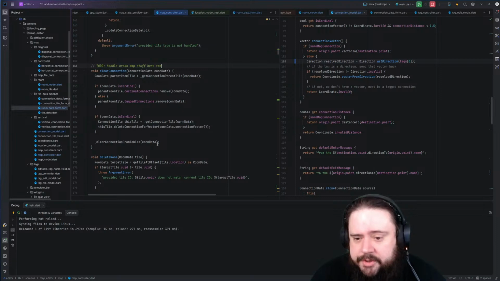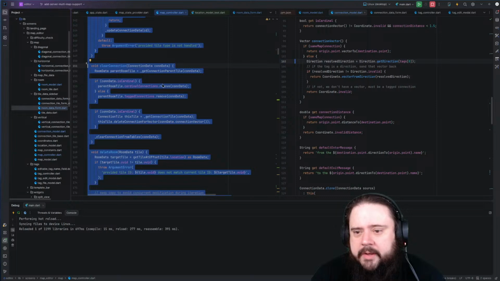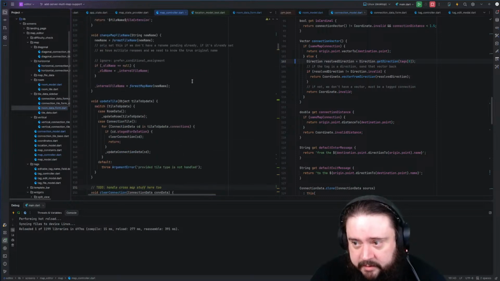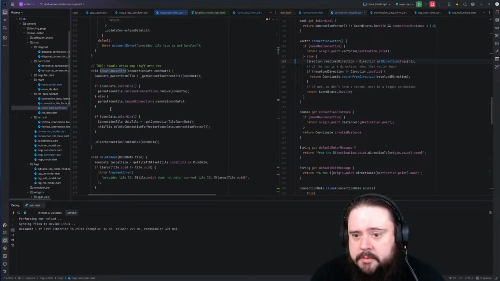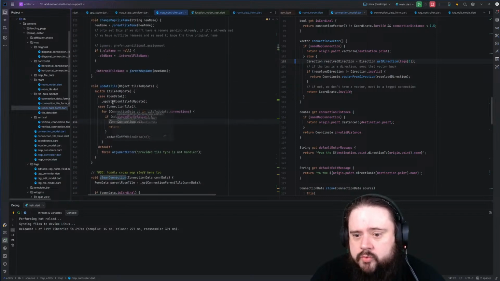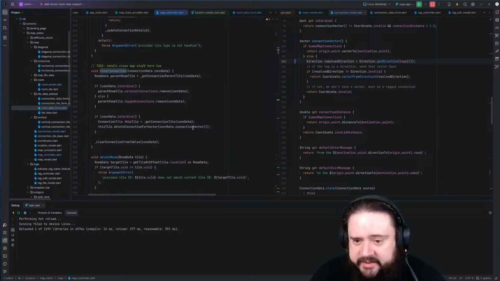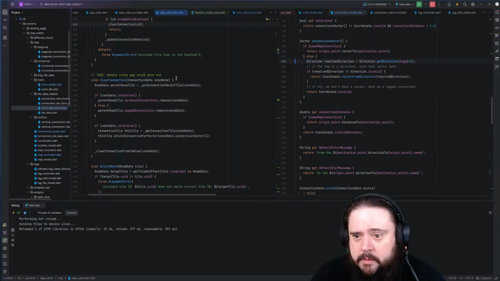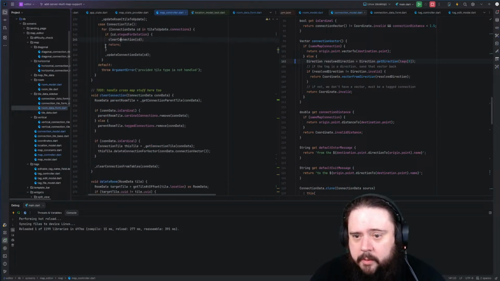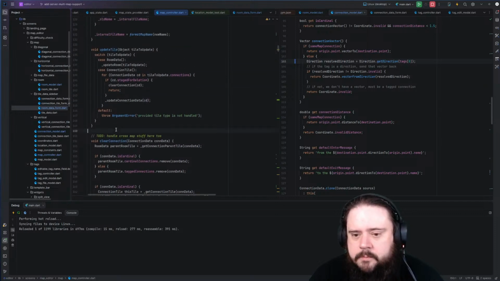Clear connection. Well, actually, that's still a thing to consider. Update tile, clear connection. Which this is already public, so I think we're good. No. We're not good because we don't have